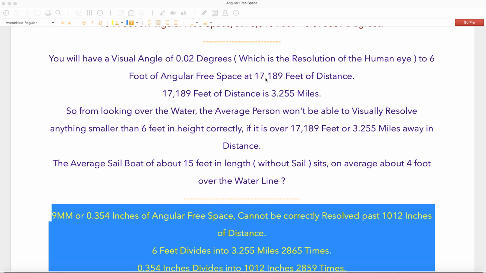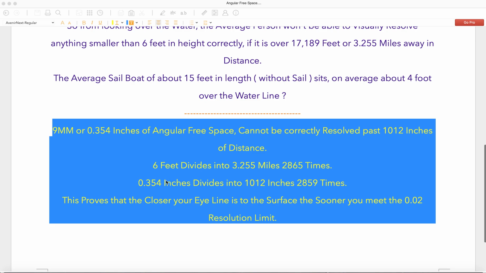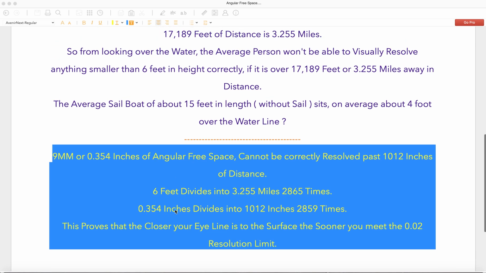3.255 was 17,000. So at a distance of 17,189 inches, 6 inches will divide into that 2,865 times, let's just say, right? So 0.354 inches divides into 1,012, 2,859 times, right? But the thing about that is that the 3.255, or let's just say 17,189, is the resolution limit for that 6 inches, right? So 17,189 inches is the resolution limit for you seeing something of 6 inches high, right? Let's just say, if you're looking at about 6 inches high or whatever,